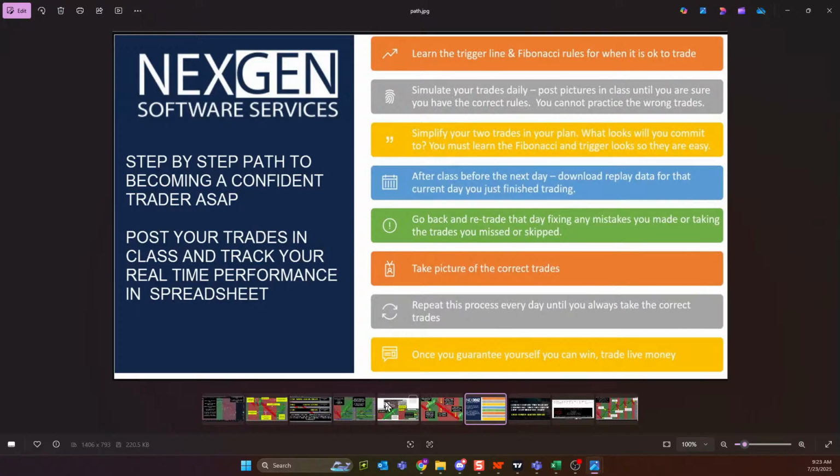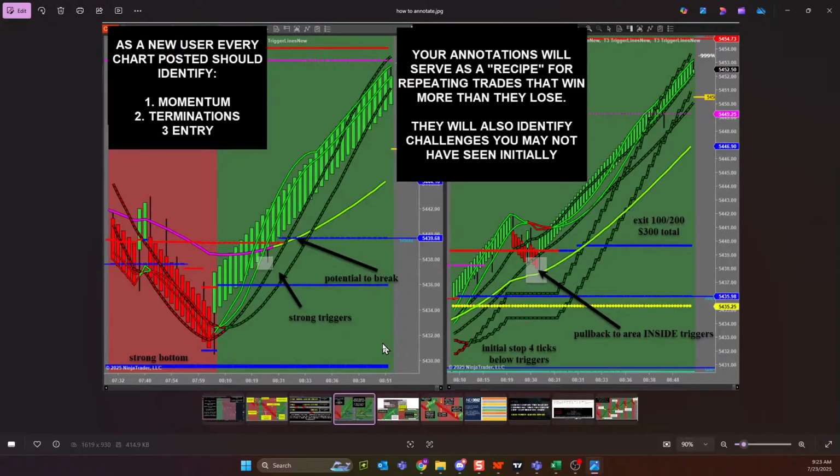Great job. But what I ask is every time you post in this room, I want you to describe on your chart the momentum that you saw. Whether it was strong or weak, doesn't matter. I want to see what your chart read is. I want you to define how many triggers were through any area that could have been problematic. Define it as potential, as clear path or termination. Again, I'm not grading you on your trades. I'm trying to help you with your chart reads. Show me your entries and tell me why.